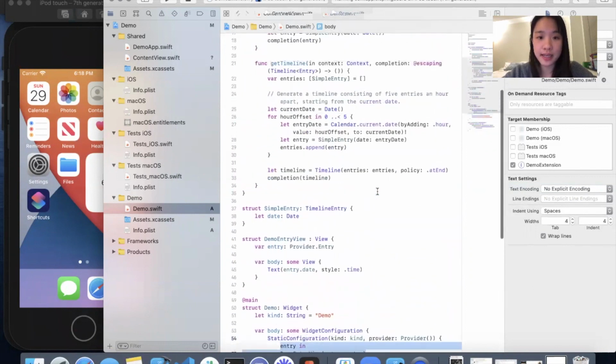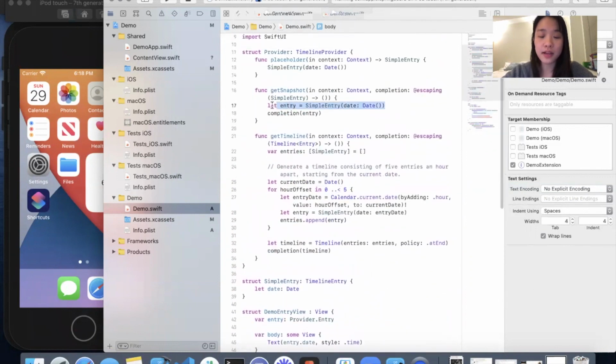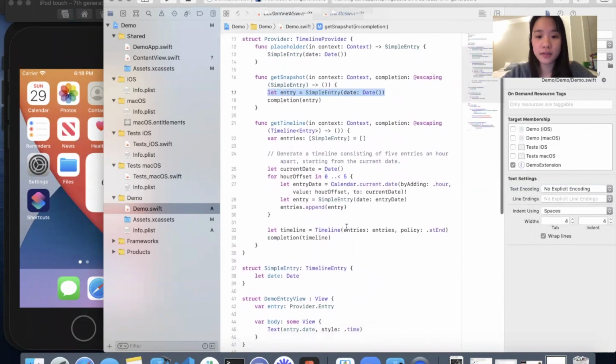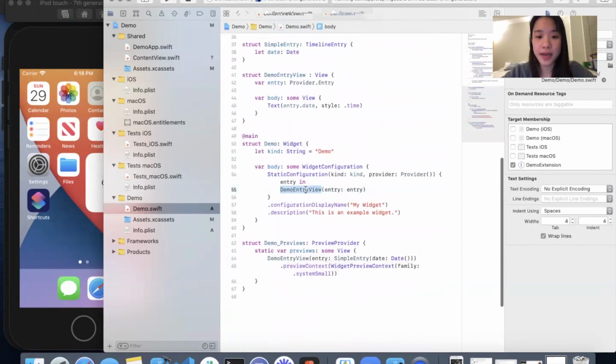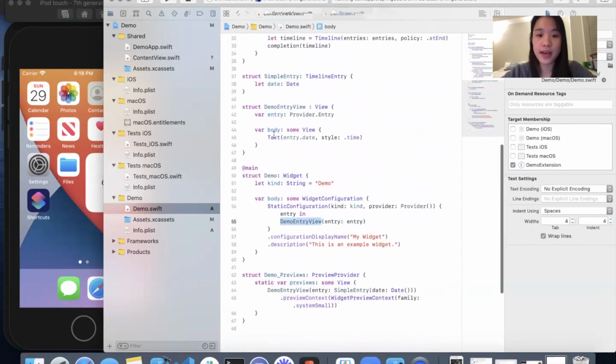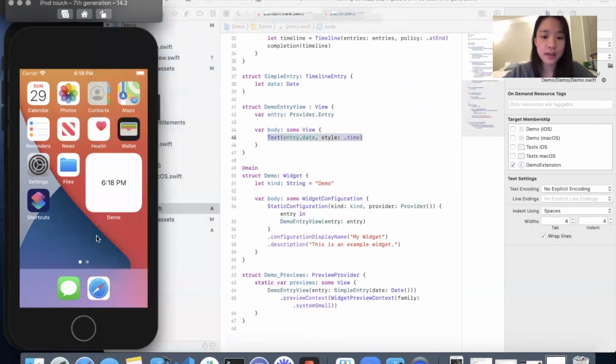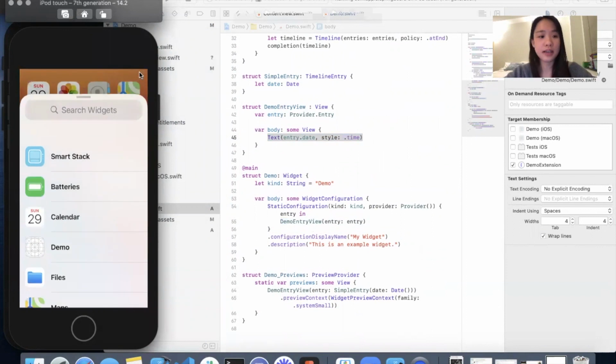It'll take the date that is created within this entry from the get snapshot, or whenever it updates within the timeline, it'll take the date from here, and it will pass it into the demo entry view and render it as the text. And so if you go into the widget gallery,